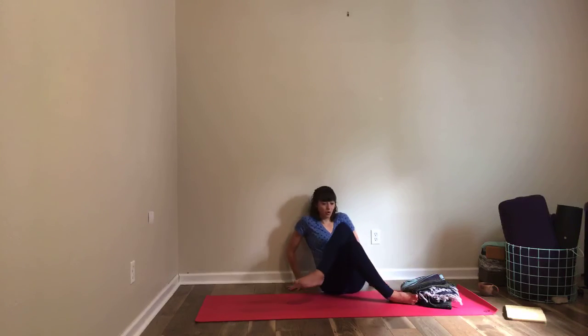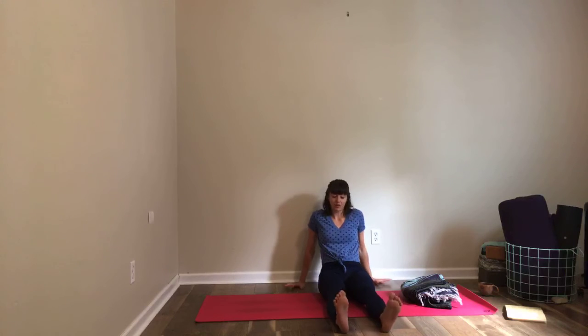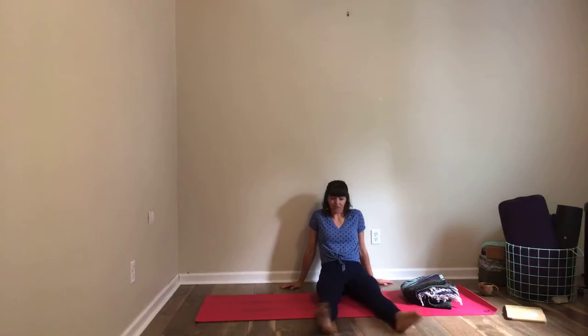Again, you can lean back or you can use your hands on your legs to help you unwind them. And you can go back to windshield wipers or you can stretch your legs out in front of you, feet a little wider, and then wiggle the feet back and forth. Let your thigh muscles relax, do the jello. You want your thigh muscles to just glide over one another, so the more you relax them, the more gliding they can do. They kind of wobble back and forth like a pudding cup,